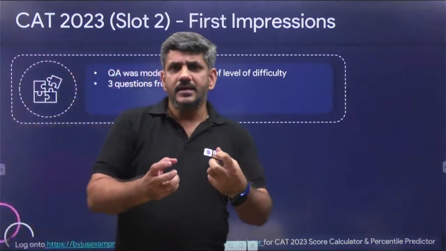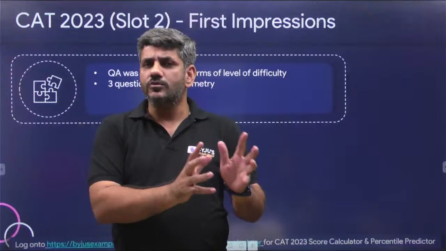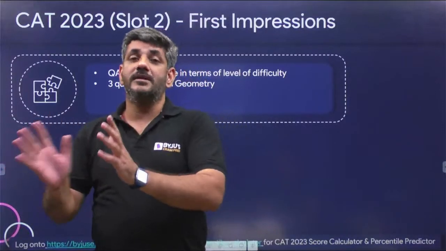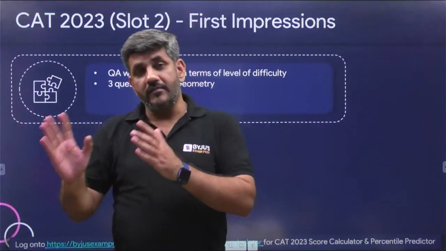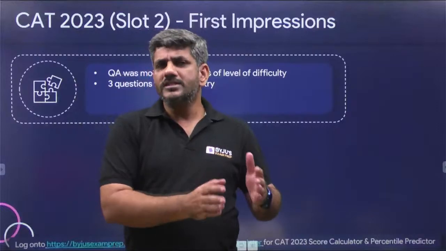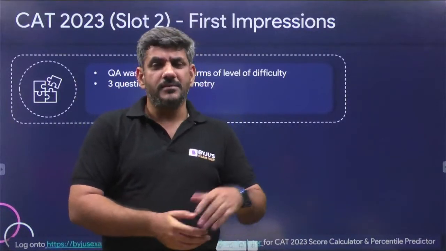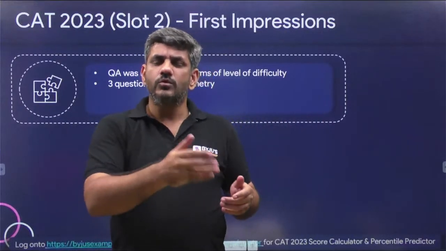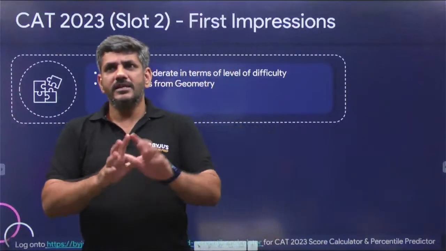Geometry was a little breezier, I would say, because 2 geometry questions looked like they could be done. Though the coordinate geometry question once again was extremely difficult. There were 3 questions from geometry. One was coordinate geometry, which was quite difficult. The other two still looked doable. The answer to one, I think, was 1:2:1 or something, and the other one I don't remember. It was 2r square into ab divided by a square plus b square, something like that. So these were the questions.